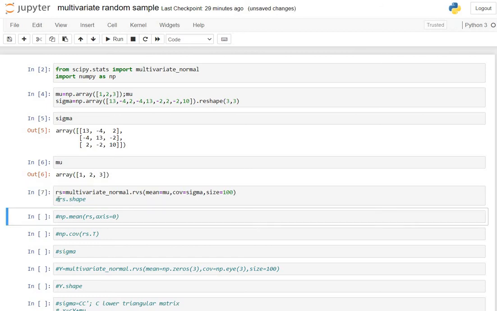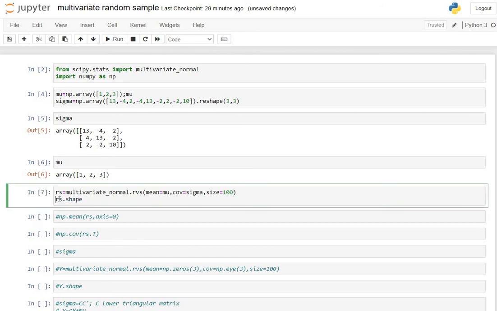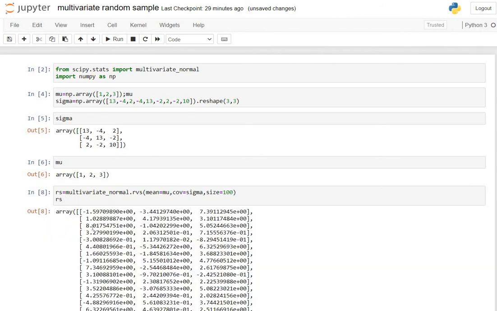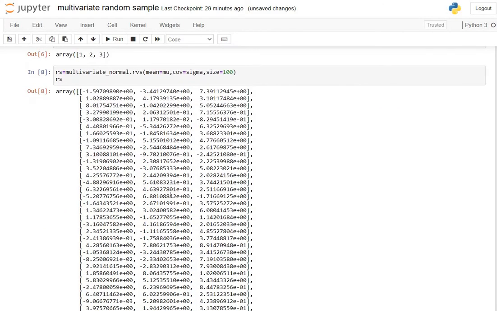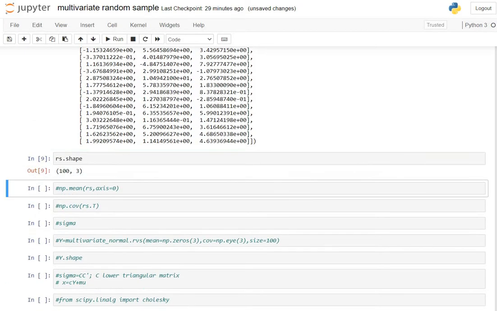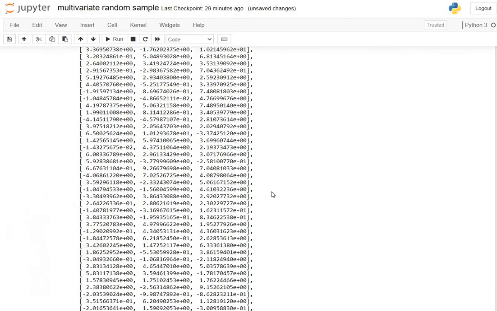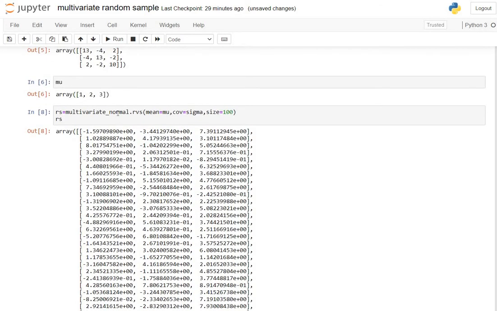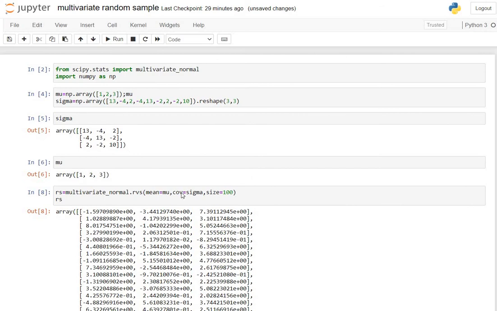So in this way we will get a sample of size 100. So this is an array of sample size 100. So it is a matrix of 100 cross 3, meaning every row represents a sample from multivariate normal distribution with mean mu and variance covariance matrix sigma.